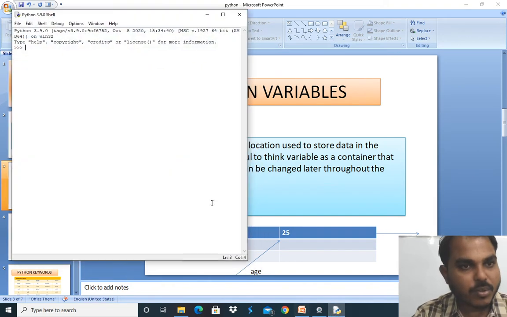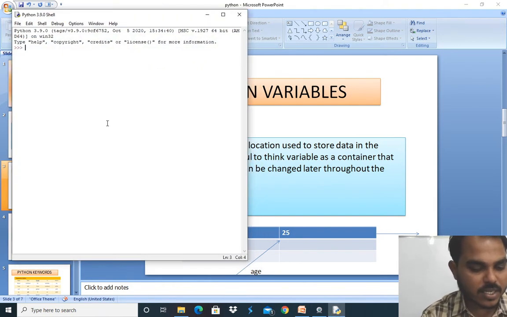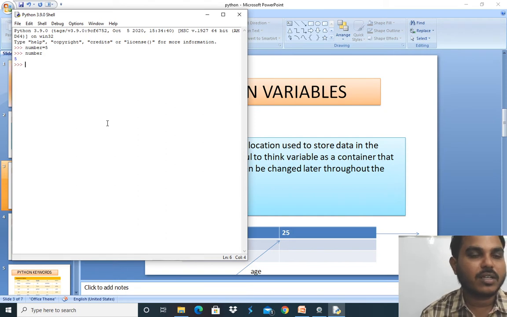I'll open my editor here. First, I can use number = 5. If I call number here, then 5 has been stored in number, meaning 5 has been assigned to the variable number.